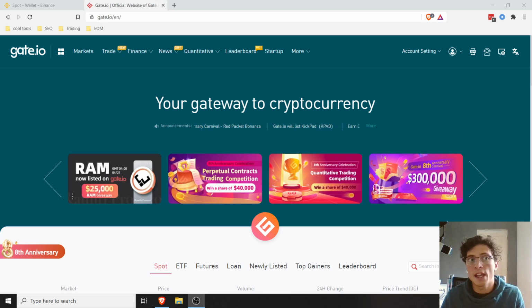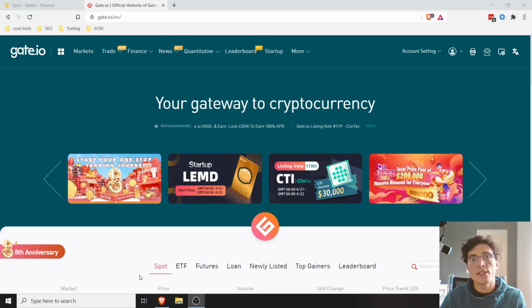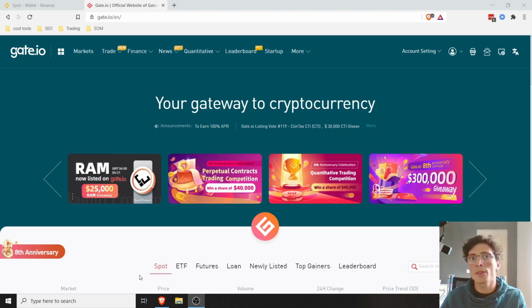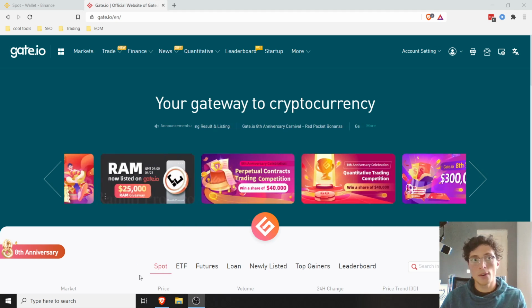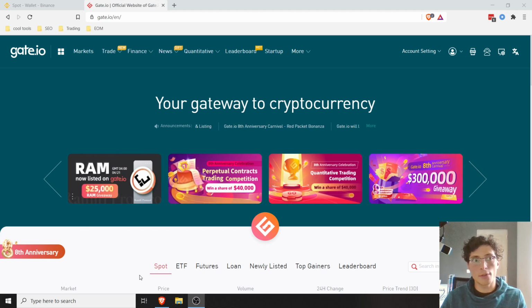the platform Gate.io. So yeah, the cool thing about Gate.io is that it has a lot of small cap altcoins that you wouldn't be able to find in other platforms, like for example in Binance or Coinbase. The reason I decided to join Gate.io was because I was looking for a platform where I could buy some OMI. I've been using it for a while now and it's been a really cool platform. So yeah, let's get into it.